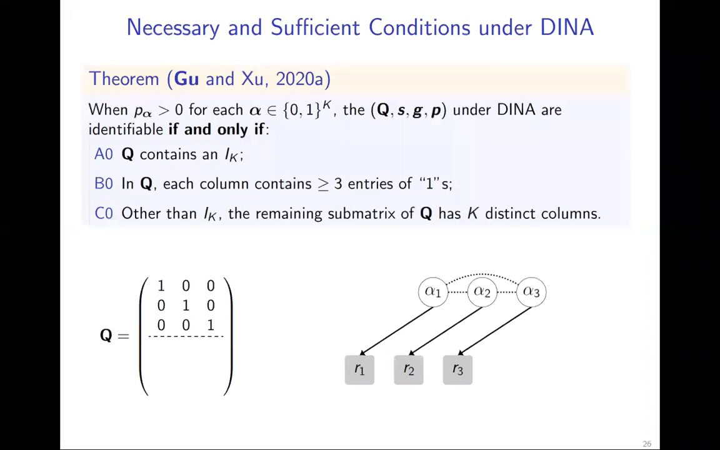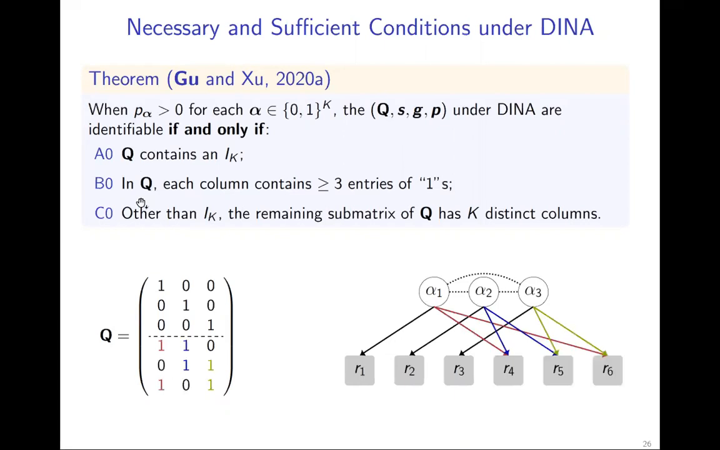So for the first question, one of our main results is as follows. We established the necessary and sufficient conditions for identifying the entire latent structure, including the Q matrix, under the popular DINA model. It is very interesting and somewhat surprising to find out that the necessary and sufficient conditions can be succinctly written as 3 algebraic properties of this Q matrix. The first condition is Q contains an identity submatrix, I_K. The second is each column should contain at least 3 entries of 1s. And the third condition is, other than this identity submatrix, the remaining submatrix of Q should have K distinct column